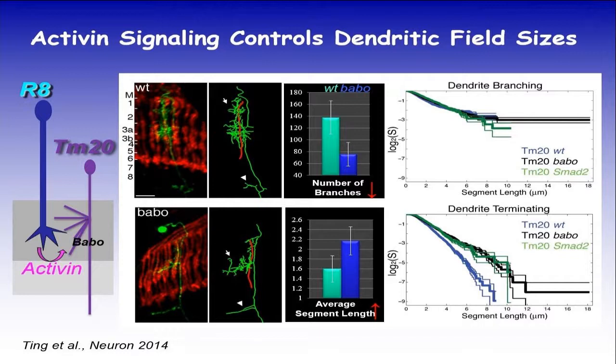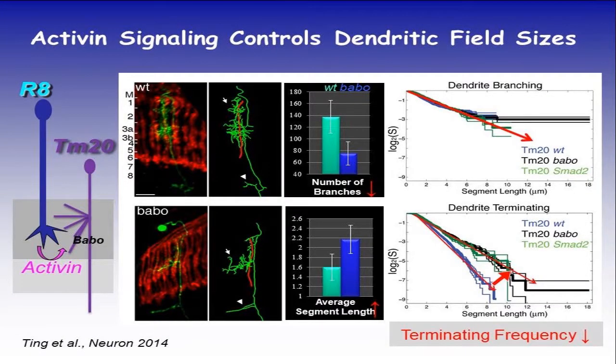Okay, so this is really what most of you are familiar with. This is actually the survival curve. It's basically looking at the branching and the termination as two censored processes. So if you remember from medical school training, the slope of this determines the frequency, for example, of the dendritic termination or branching. As you can see, the branching frequency didn't really change very much, but the termination frequency was reduced significantly.